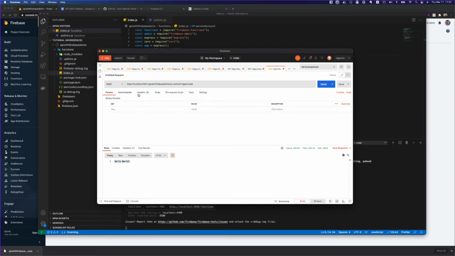Let's add one header, which is content type, and add application JSON, and then go to body, and let's start giving one. So book, and what do we want in book? We want a title.